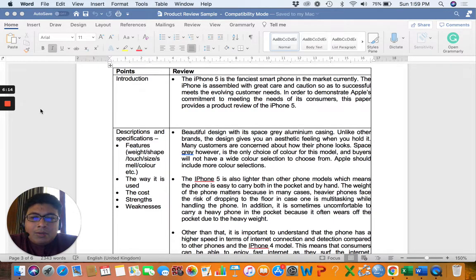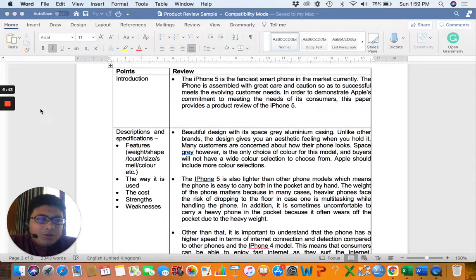And so basically we can talk about the 5 senses: what you see, what you smell, what you feel when you touch, what you hear, and what you taste. Depends on what product or what service you are talking about. Also, we can talk about the features: the weight, the shape, the size, the color, anything that is possible. If you are talking about electronic products, you can talk about the camera, the screen, the resolution, how many pixels,